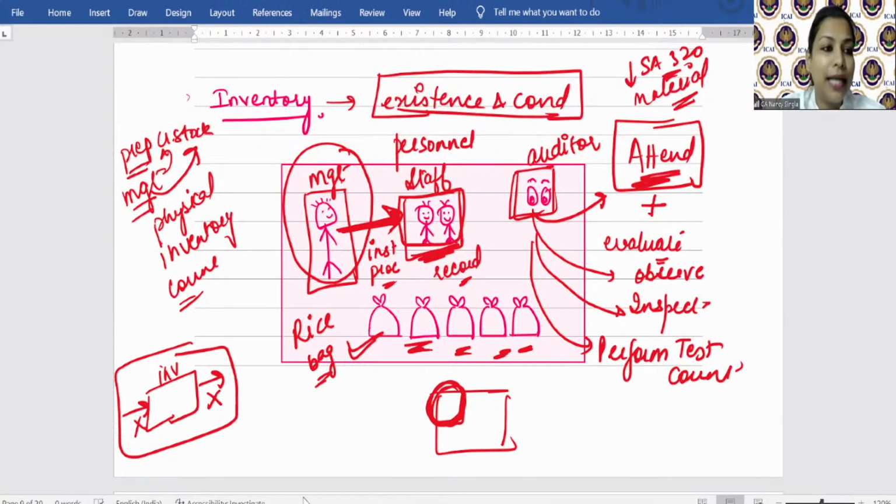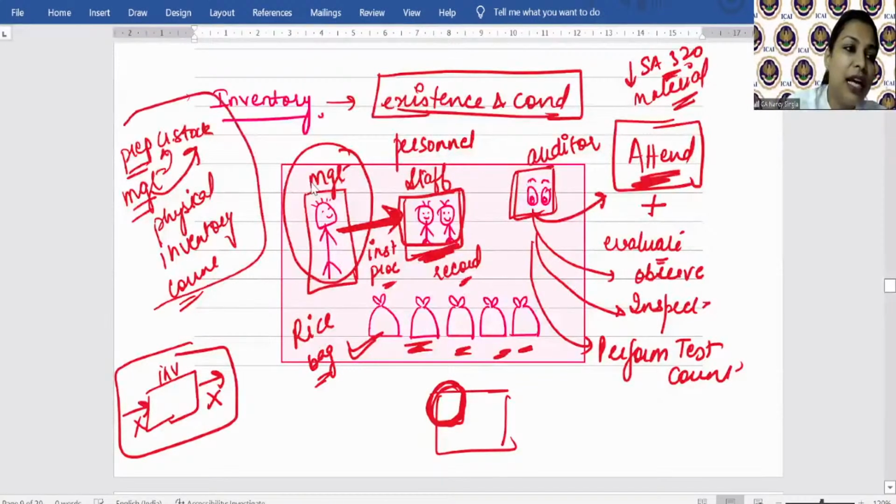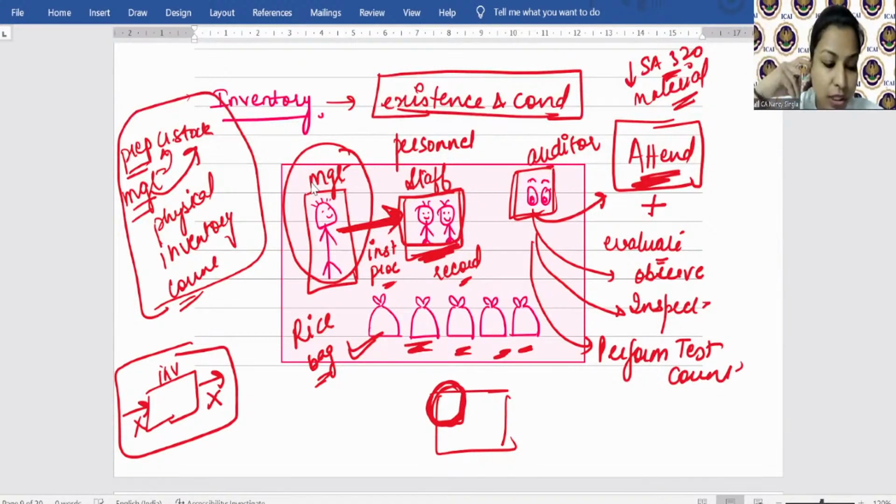ठीक है। राइस बैग्स हैं लेट्स से। तो सबसे पहले क्या बोला, अटेंड करो अनलेस इम्प्रैक्टिकेबल। अटेंड करोगे ना, क्यों? बिकॉज फिजिकल इन्वेंट्री काउंट तो कौन करता है? मैनेजमेंट करता है। इवेल्युएट करो whatever management instructions and procedures are there for recording and controlling the results of physical inventory count। जो भी ये दोनों काम कर रहे हैं स्टाफ, जो भी इसका रिकॉर्ड बन रहा है।